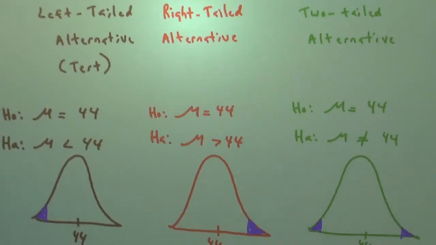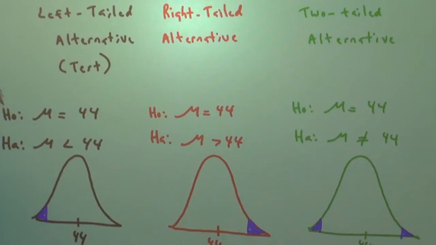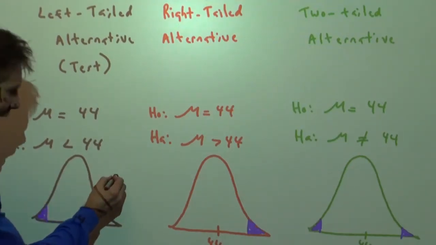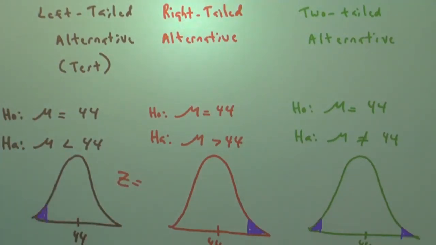I think that's all we need. So there it is, an introduction to hypothesis testing. This test is called a z-test of means because we get to use a normal distribution and we look at test statistics, z-scores, in a normal distribution to help us decide on what our decision will be.